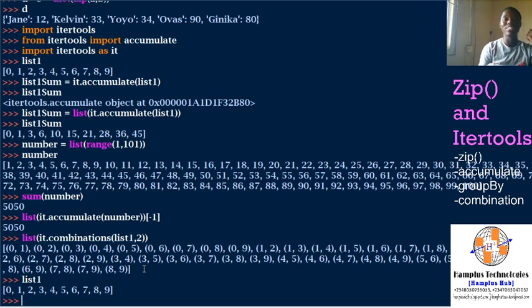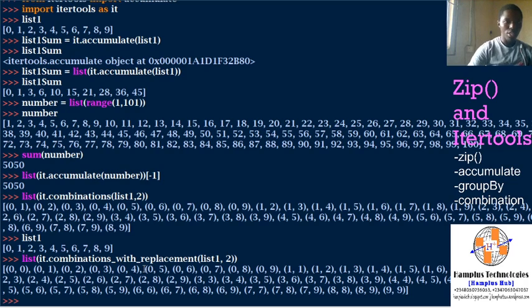We have another one, that is combinations with repetition. So we have list it dot combinations with replacement. Actually, I love it popping up by itself. In this case, it will have replacement. Okay, I will do the same thing. List 1, combinations 2, and I do this. Then you see this. So it starts from 0 0, and when it gets to 0 9, then it starts from 1 1. So in this video, we will call it a day here